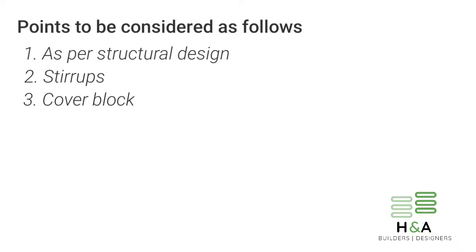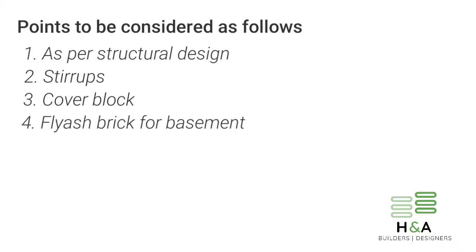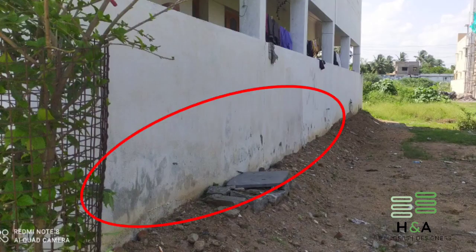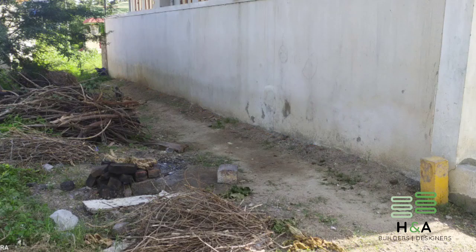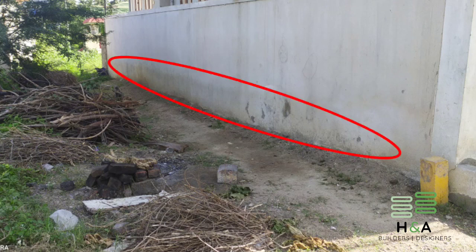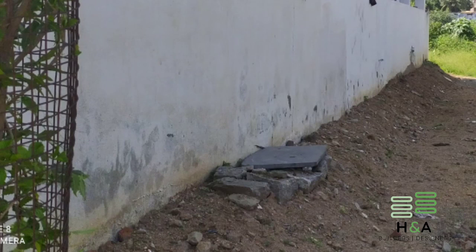And the next point, number 4, is about using fly ash brick for basement height walls. Here I am not telling that clay bricks are not good, etc. I am using fly ash brick on this site for a reason, because as you can see in the neighbor building, during rainy season capillary reaction occurs because of vacant land at the sides. That is, due to wet soil during rainy season, capillary reaction occurs and paint starts to peel off from the wall surface.